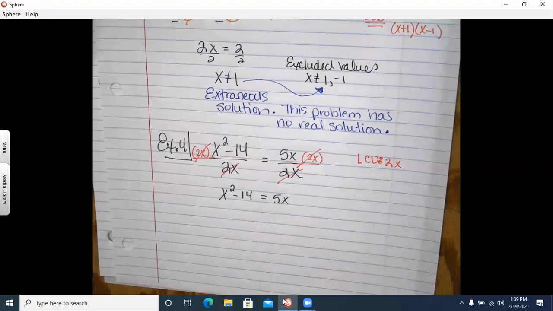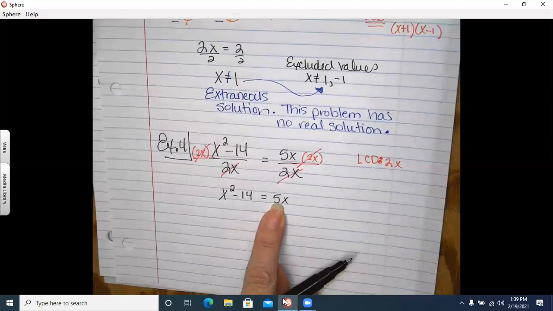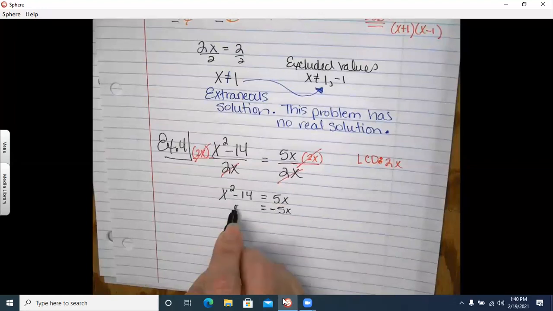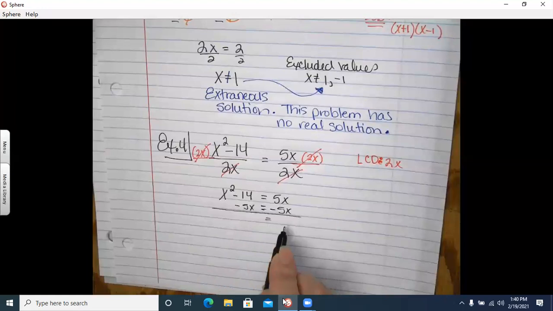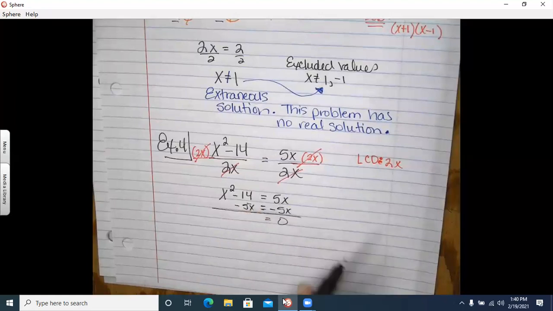You know this because I have two terms with x in it, one that's squared and one that's to the first power. So I can't combine them. They're not like terms. Well, I can subtract 5x. And on the right side, 5x minus 5x is 0. On the left side, are any of those terms like terms? No. Okay, I've got three terms. They're not like terms. Let's write it in standard form. Which term should come first? X squared. Then what? Minus 5x. And then